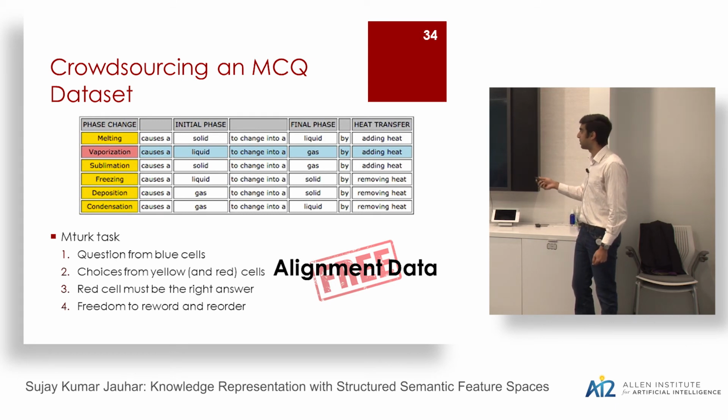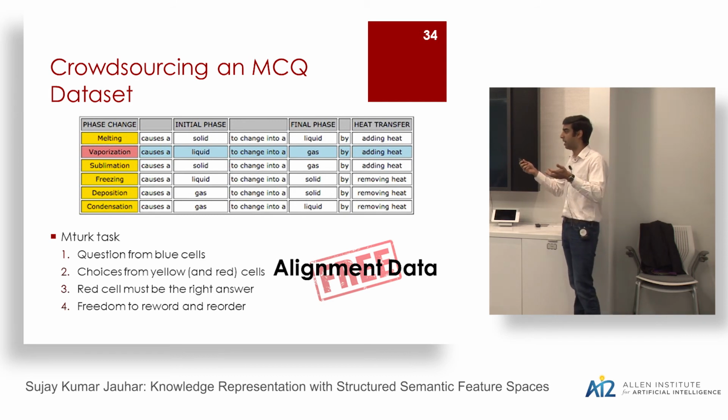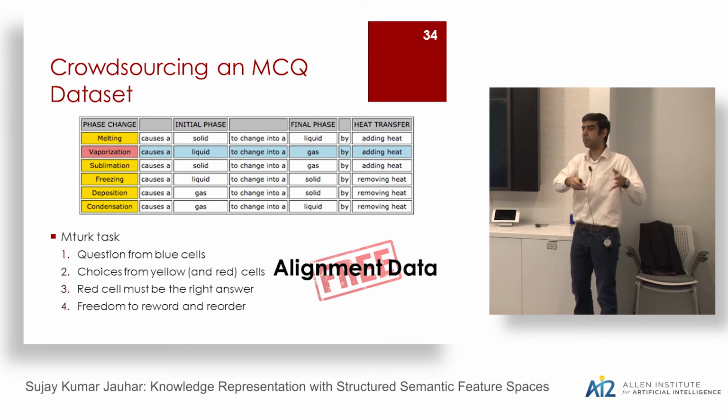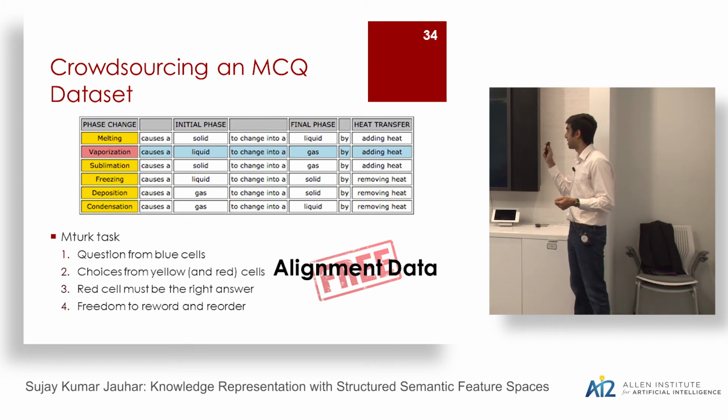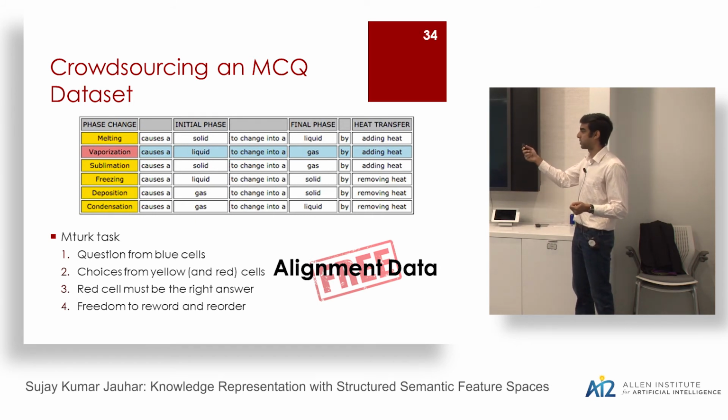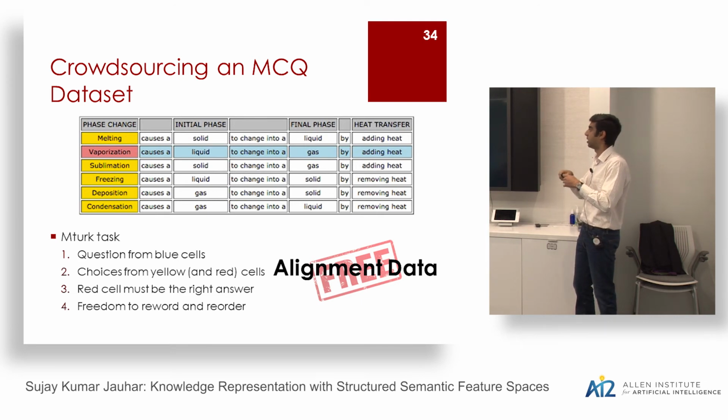We did obviously give them the freedom, because we didn't want them to create all the same sort of questions, to reword things, to use additional information. But what's nice is once they had created these multiple choice questions, we got alignment data free from the annotation task. Specifically, given a multiple choice question that we created, we knew exactly where the answer was. We knew exactly which cells the question was created from. We knew what cells the answer choices were selected from, so which column. So we know row, table, information exactly for a particular multiple choice question.